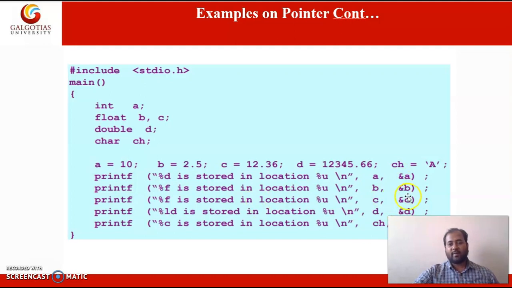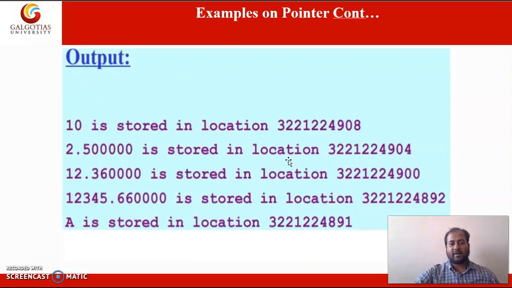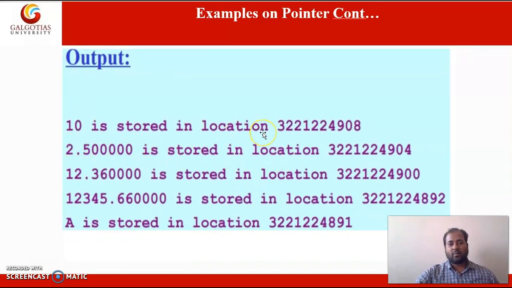Pointers are not involved yet. We are just using the value of the variable and printing its address using the ampersand operator. This is the output of the program. Don't be confused if the output on your computer differs, because the locations will be different.